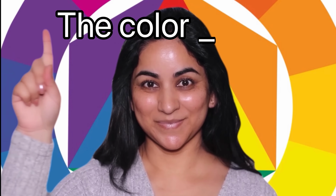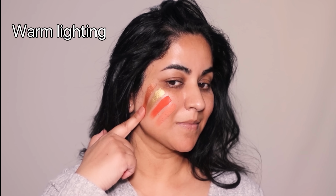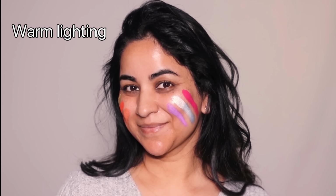Let's talk about one of the most powerful tools in makeup artistry, the color wheel. Now, it's not just about choosing eyeshadow combos. It's also key to understand how different types of light affect how colors appear on your skin. There's warm tones and there's cool tones. Warm lighting like incandescent bulbs or sunset lighting can enhance warm tones like peach, coral, gold, and bronze. But here's the catch. It can also make cool tones like icy blues and mauves look a little dull or